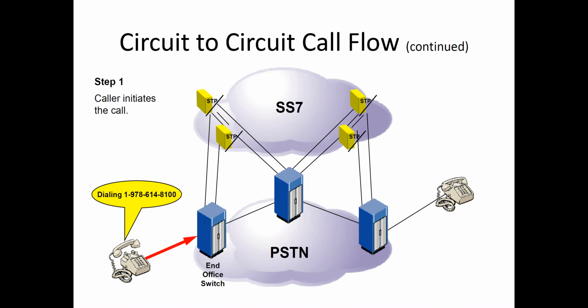Having talked about the architecture of the network, we are now ready to look at the actual call flow. Note that the telephone on the left has initiated a call. By lifting the handset, the telephone on the left would have received dial tone from the central office on the left. Having received dial tone, the subscriber now dials